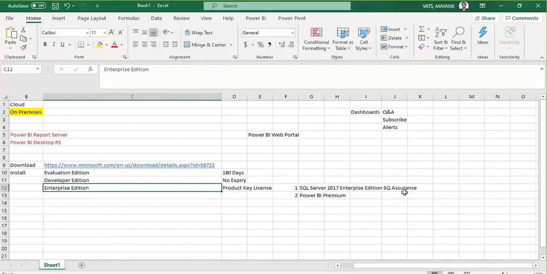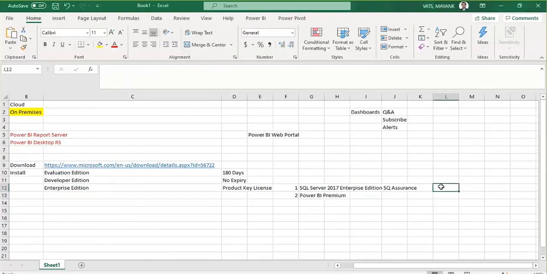Now the point is, if you get any one of them, what is the cost? We need to discuss the cost also, it's a very important thing. This is an enterprise tool, so you have to pay some money to Microsoft if you want to use the enterprise edition. There are two options, SQL Server and Power BI Premium. For SQL Server, the one-time cost is $14,000. If you pay $14,000, you will get this and this.